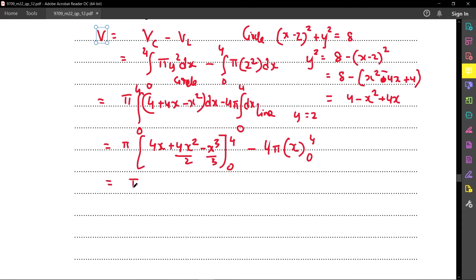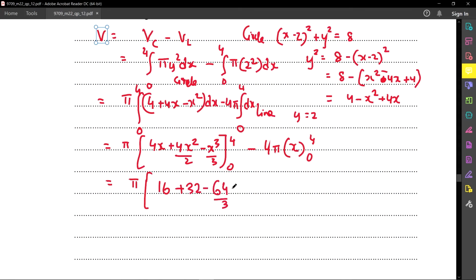So this will give you pi into, put 4 here, get 16 plus 4 by 2 is 2, 2 into 4 square, 2 into 16, 32, minus